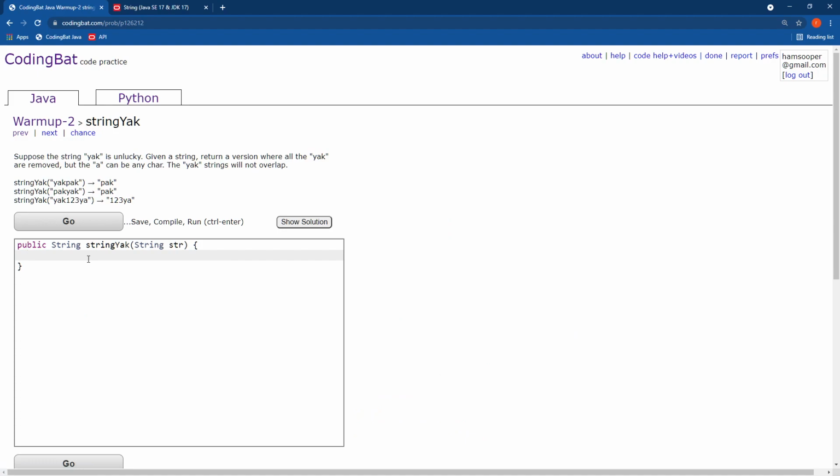It says, suppose the string yak is unlucky. Given a string, return a version where all the yak are removed, so all the yak substrings are removed, but the a can be any char. The yak strings will not overlap. Okay, so there is a way to do this in one line, I believe,